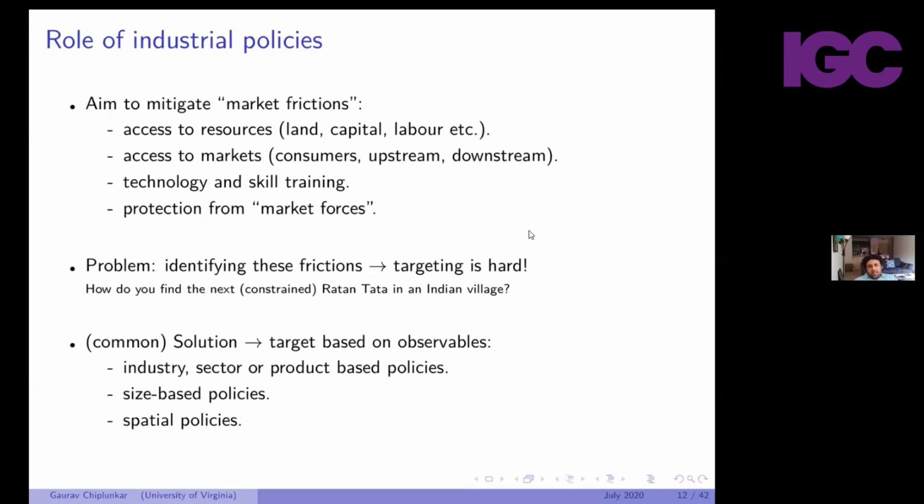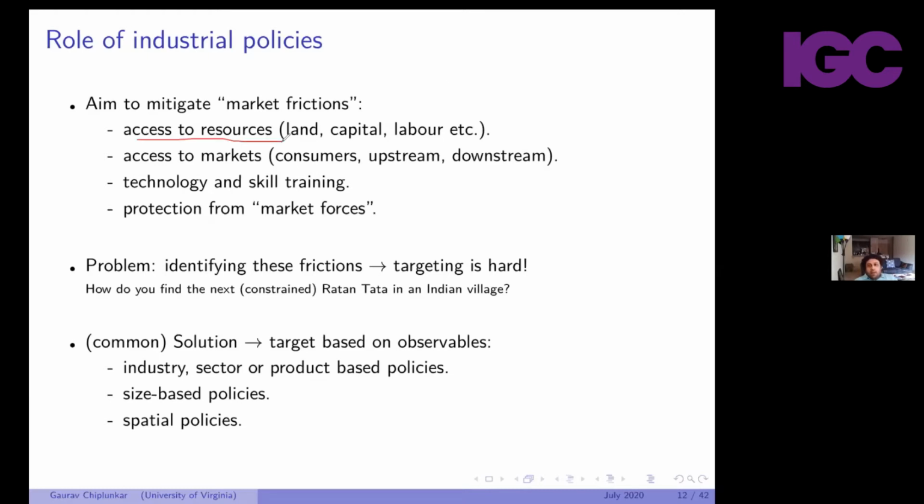India has a lot of size-based policies. If you are below 10 workers, you do something. If you're above 10 workers, you do something else. If you have a capital investment less than X amount, you get some benefits. If you have a capital investment greater than X amount, you don't get these benefits, and so on and so forth. The underlying reason is that the government thinks one way of effectively targeting the